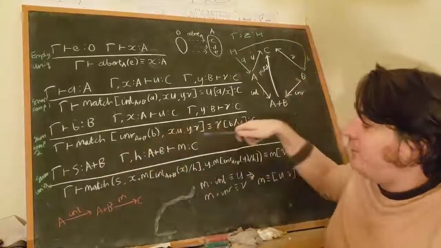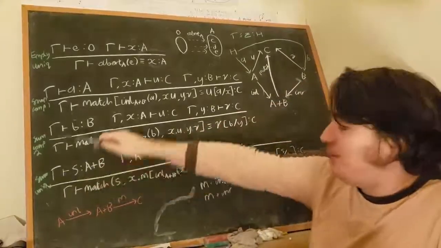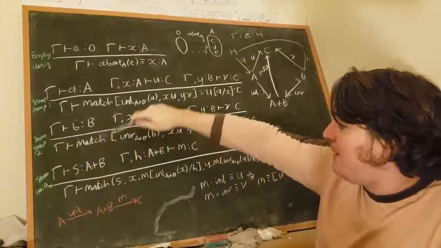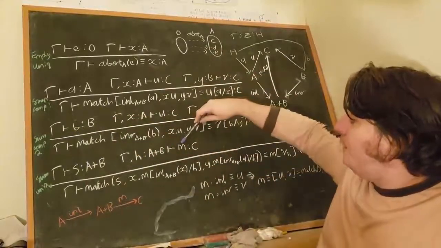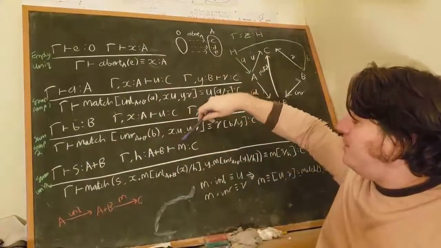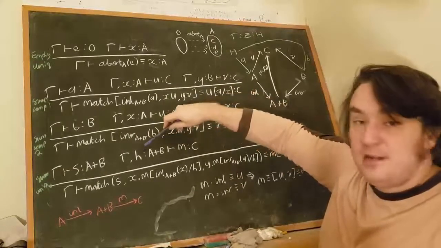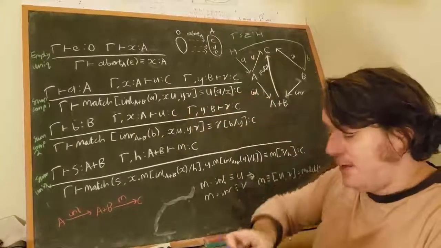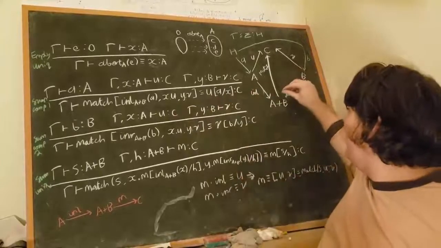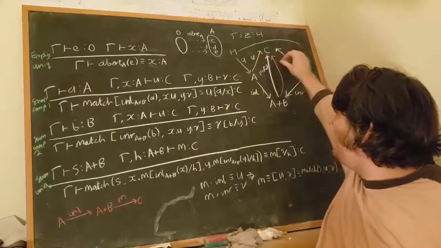So what this is basically saying is that if we have a context gamma and we have a value s of type A plus B, and we also have this term m of type C that may depend on this value h of type A plus B. So basically, if we have something like a function like this, m here,